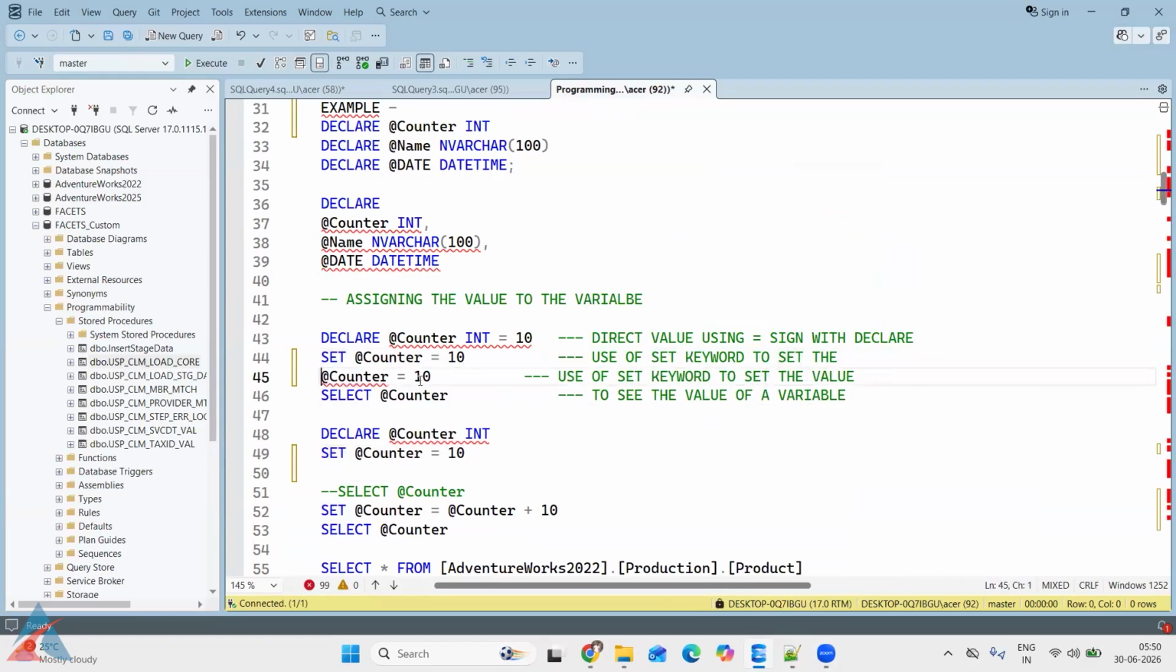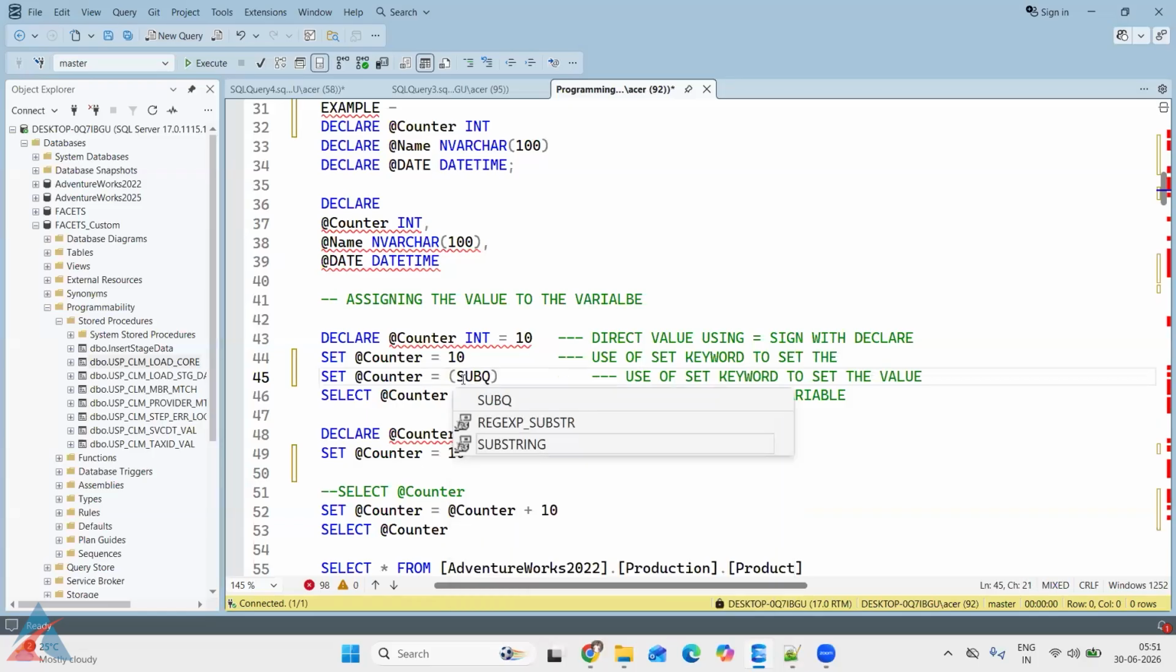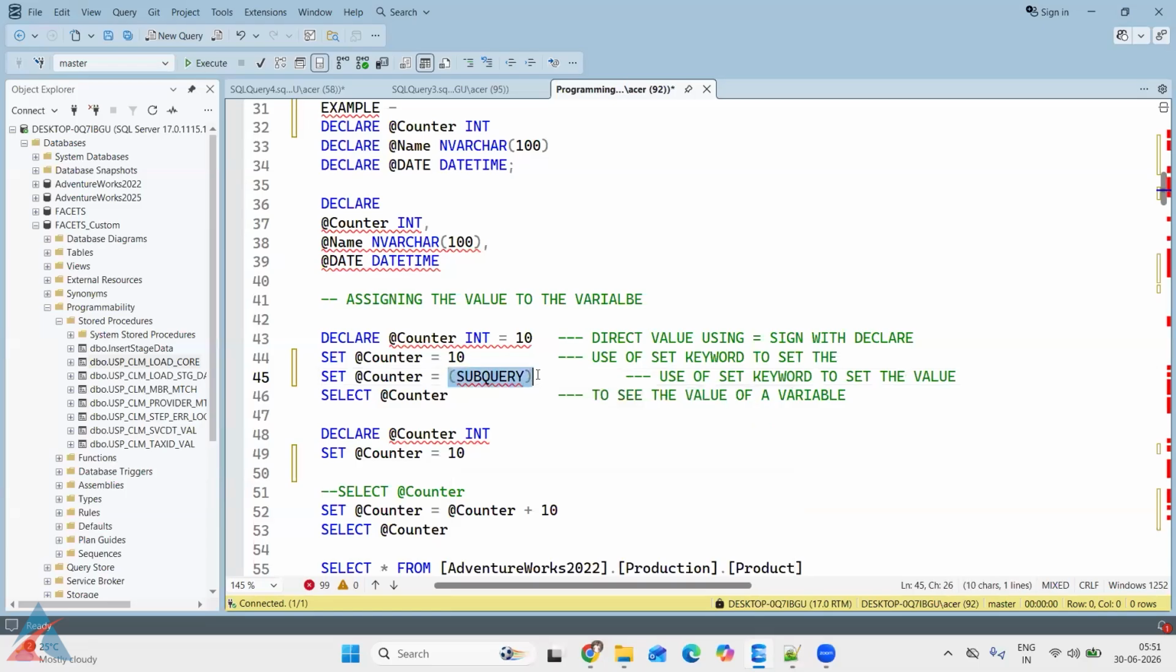Set, and then we can use the subquery. Okay, this subquery can be used with equal to as well, not only SET. We can use that in DECLARE as well. So this is like using a subquery